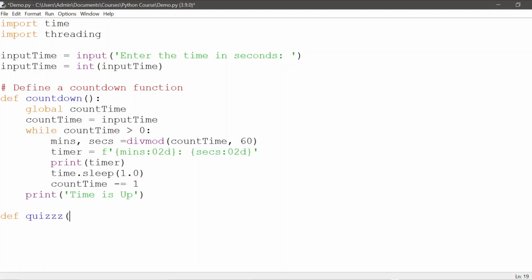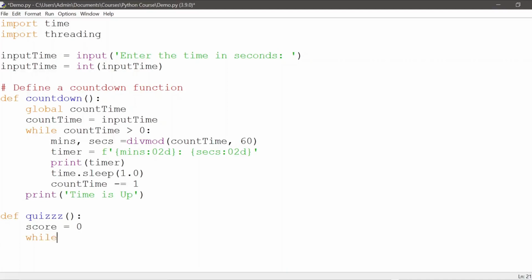Quiz is a function, we're defining that, and then we say input text is equal to, no, that's not what we want to do. First we want to give a variable, score is equal to 0. We're initializing a score there, a variable score that should be a number. Okay, and then we say